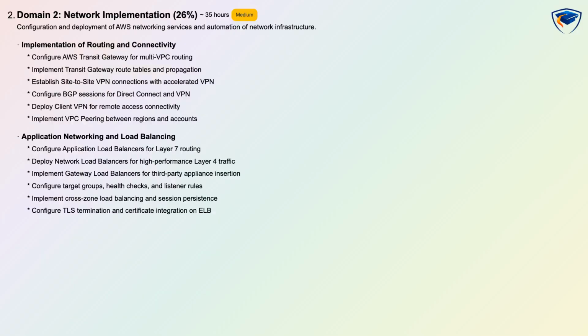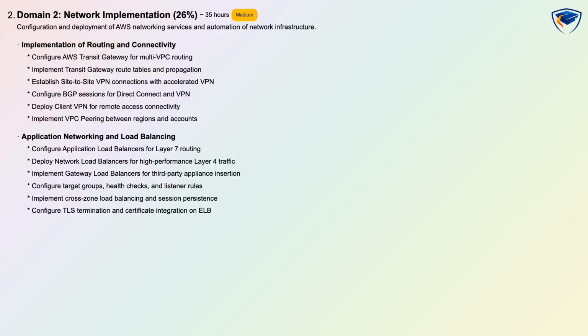Domain 2, network implementation, is 26%, has a medium difficulty, an estimated learning time of 35 hours, and is assessed with hands-on and conceptual tasks. This domain covers configuration and deployment of AWS networking services and automation of network infrastructure. You will configure AWS Transit Gateway for multi-VPC routing, implement Transit Gateway route tables and propagation, and establish site-to-site VPNs